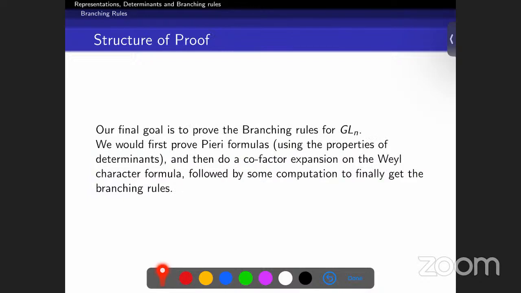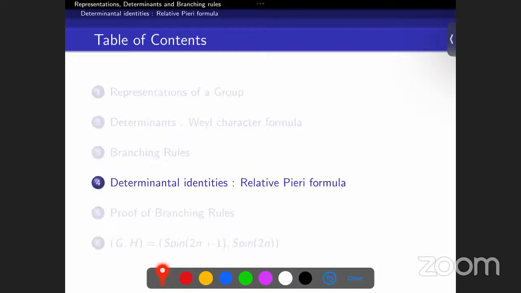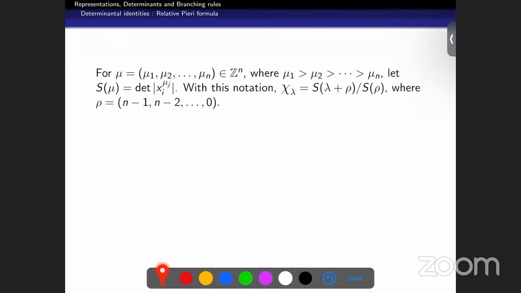So let me give you the structure of how we'll be proceeding after this. Till now, I had talked about some generalities, some general picture. Now we'll be giving a proof of this branching rule. First, we'll be proving Peary formulas, what we call relative Peary formulas, using some elementary properties of determinants. Then we'll do a cofactor expansion, like how we do a Laplace or cofactor expansion on determinants. We'll do something similar over here for the Weyl character formula. And we'll be doing some computation here and there, finally, to get the branching rules. Okay. So let's first use this data to prove this relative Peary formula,